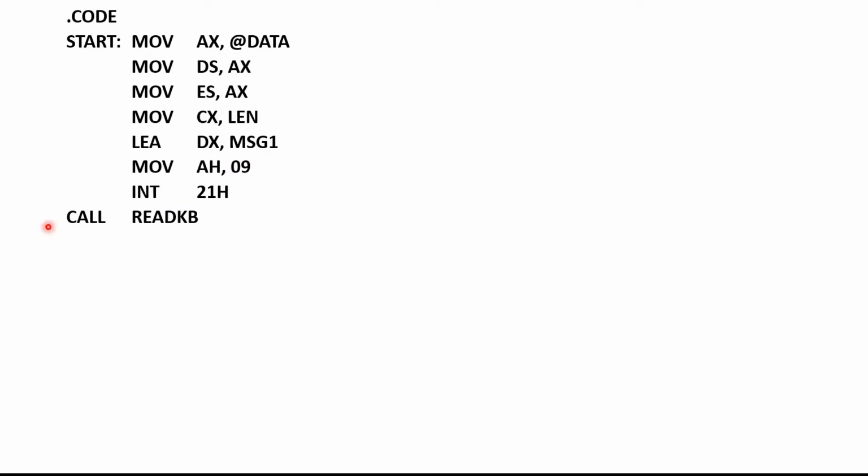Then I am going for inputting the first data. As we have to input a 2-digit number, I have taken the input of the data from the keyboard as a subroutine, so I'm writing CALL READBACK. Later I will explain what I have done in readback.